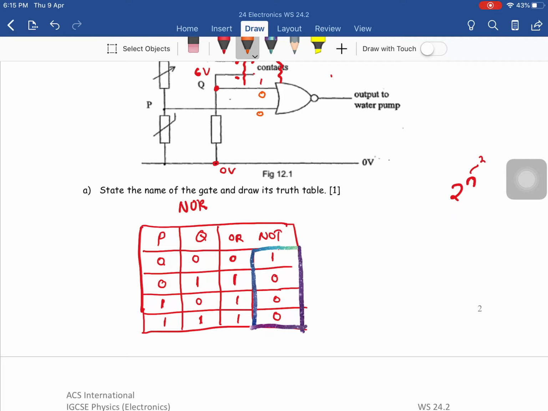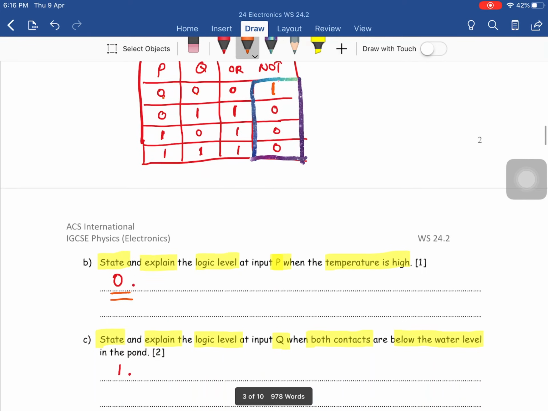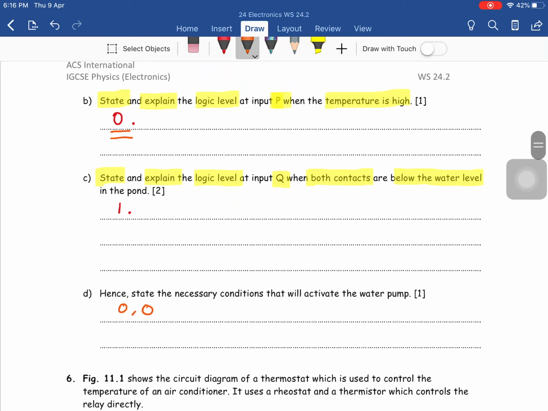So if you look at our table over here in part A, we want P to be low, we also want Q to be low in order for our output to be high. There we go, for our water pump to be activated. So what we have guessed is correct. Necessary conditions, we want the water level to be below the contacts, and we want temperature to be